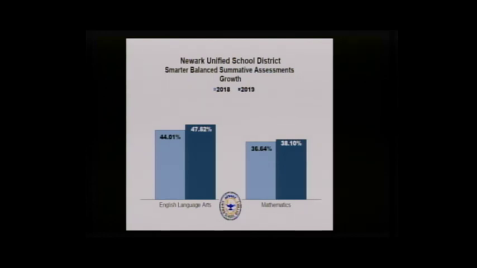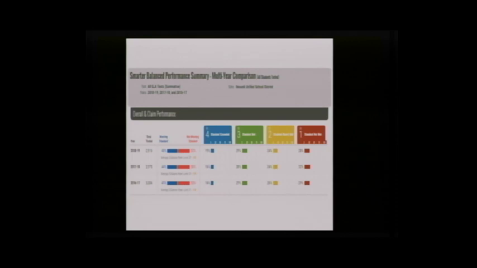Last year was the first year of Big Ideas math adoption, almost a 2% increase, but that would be a stretch. And like I said, if you round up, approximately 4% growth for English language arts. Another way to look at it, and we don't have the time, is to disaggregate it and look at the 1s, 2s, 3s, and 4s. 3s and 4s